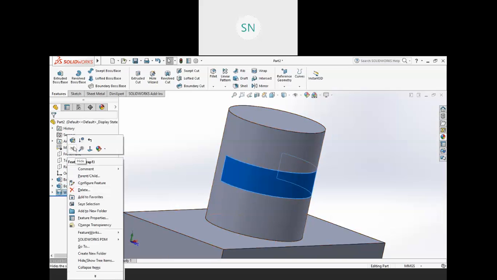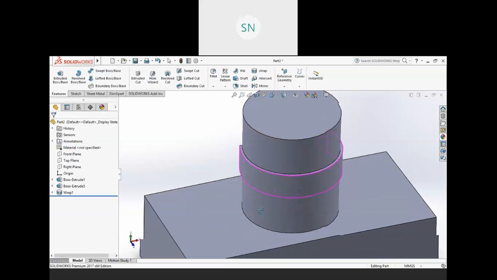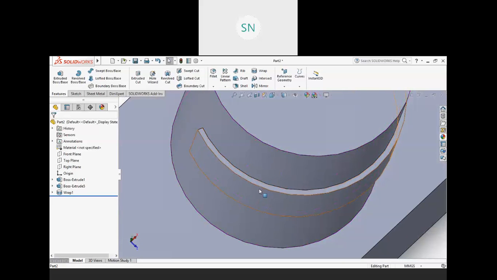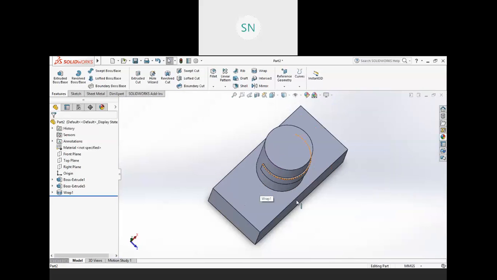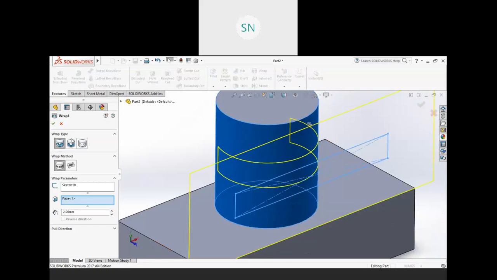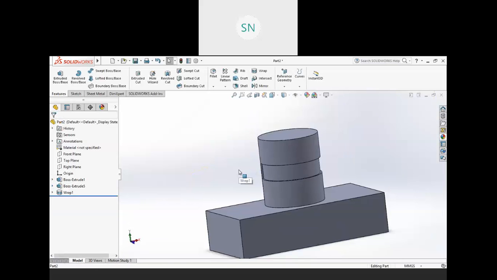But if you go with emboss, then you need to provide thickness over here and hit OK. Whatever thickness you have provided, it will come out with that much value. And if you choose deboss, then whatever thickness value you have written over here, it is going to cut that thickness, right?